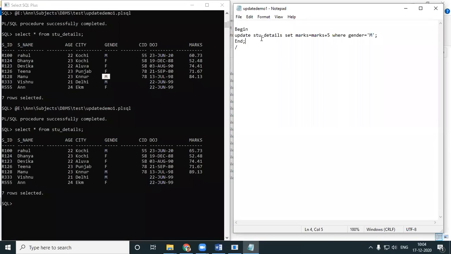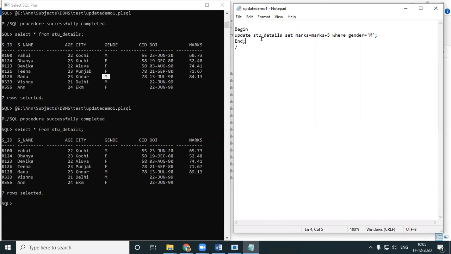Now have another question. Increase the marks by 10 for all males. Increase the marks for all males by 10.